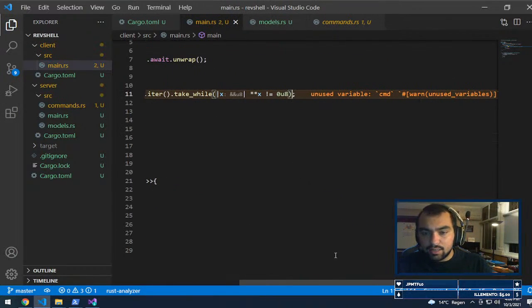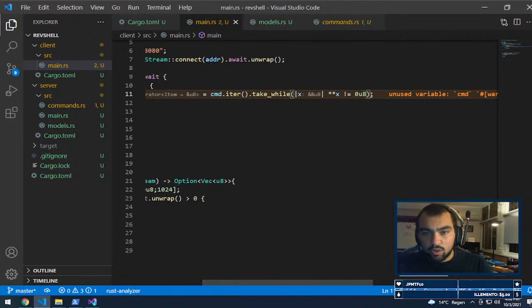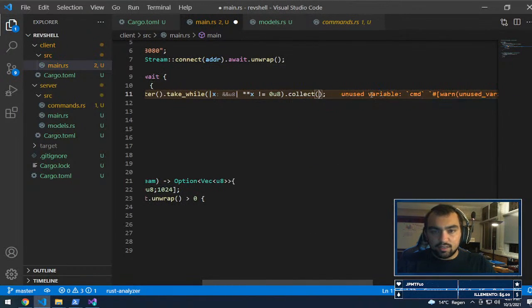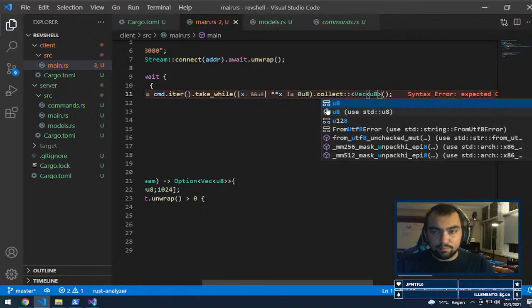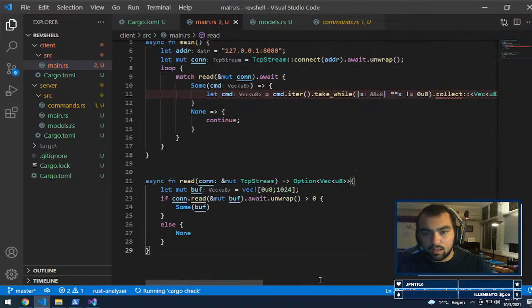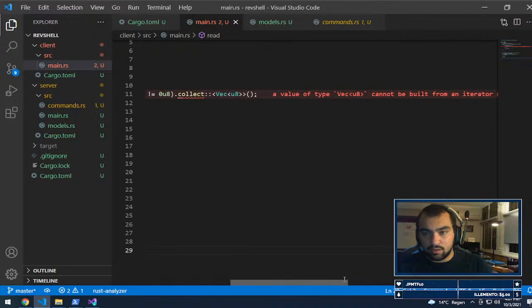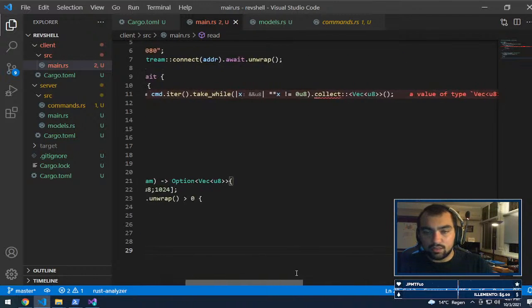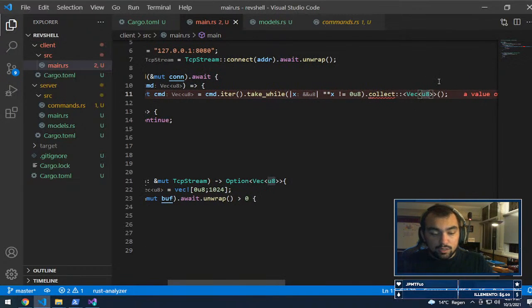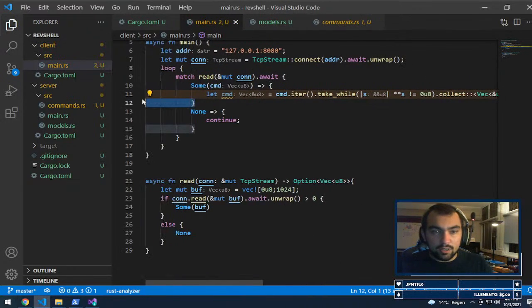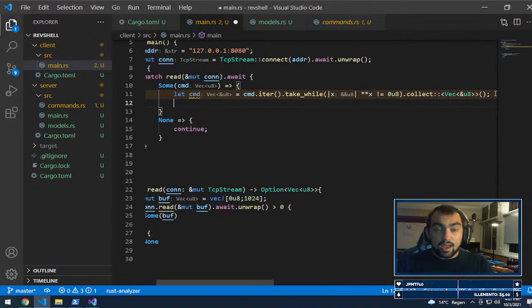Okay. And here, what I can do now is, well, obviously I need to collect. And I'll collect this into the same Vec it came in, I guess. It came in this, I think. Yeah, doesn't matter. Anyhow, we now have a command, so we can still print the command and it's the same thing, it's just that command